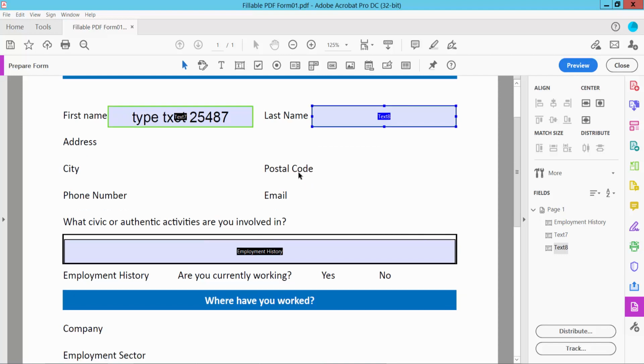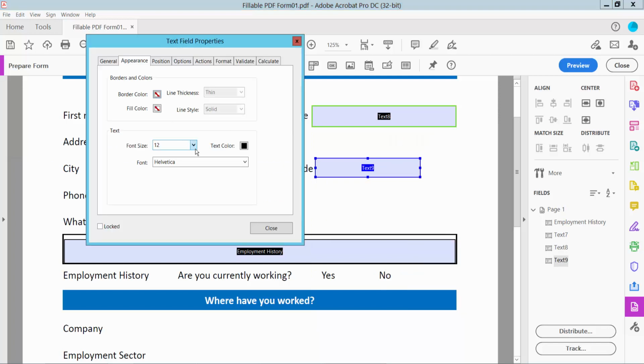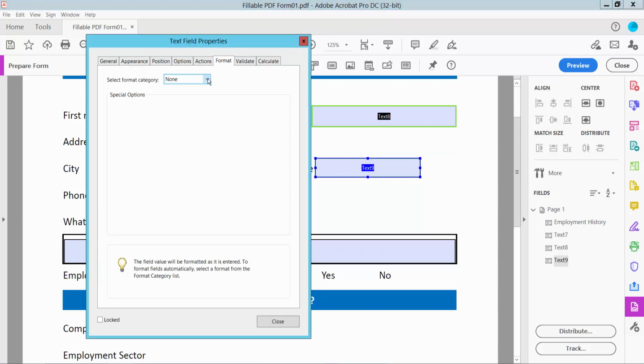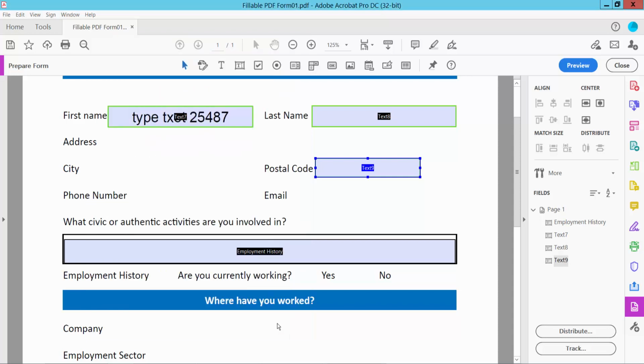Also I will type here postal code, select this text box and postal code area and right-click for Properties and select here auto, fill color and choose this color. Now click Format option and select here Special and select here Zip Code. Now click close. Also I will put here phone number, select here